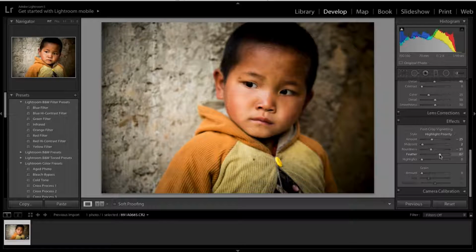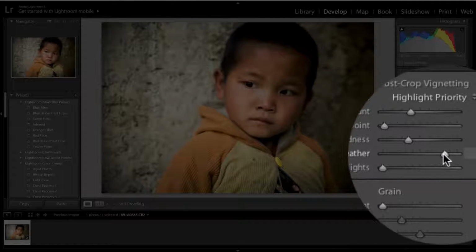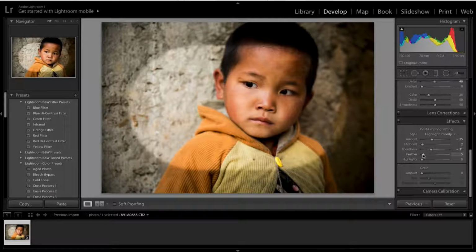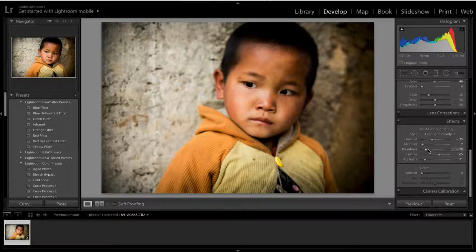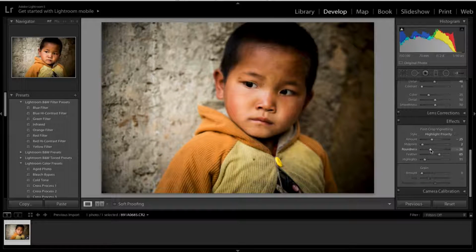Okay, feather. I definitely want to feather this so it doesn't look like there's a vignette, but there is one, as you can see here. Give it a little bit more feathering. Okay. Right. Let's deal with the roundness a little bit more. Okay. Here you go. Now I basically have a photo of a boy